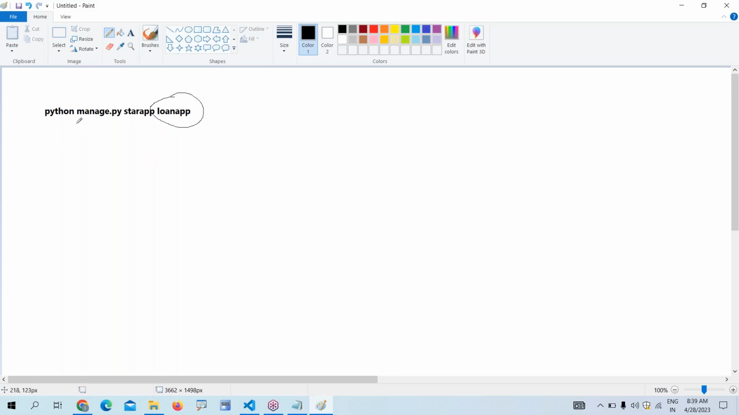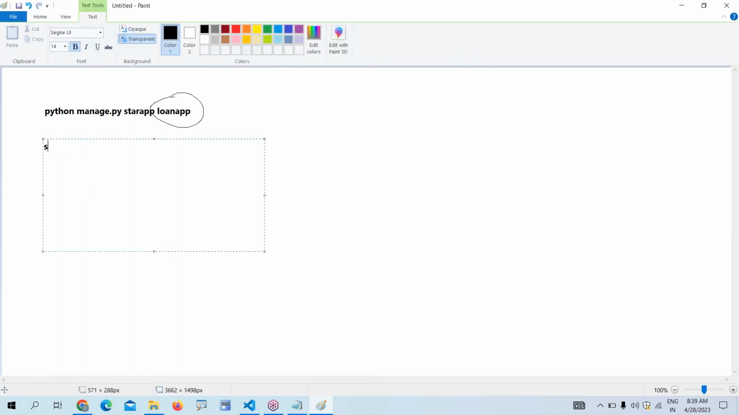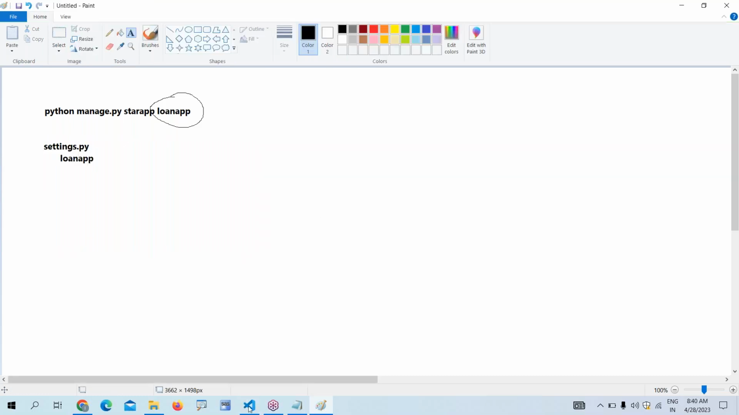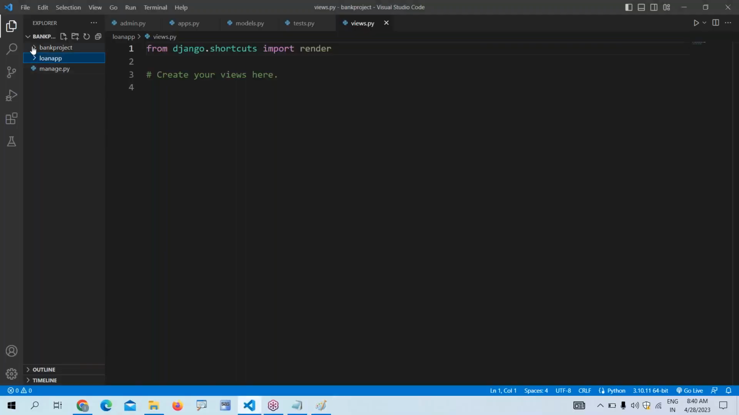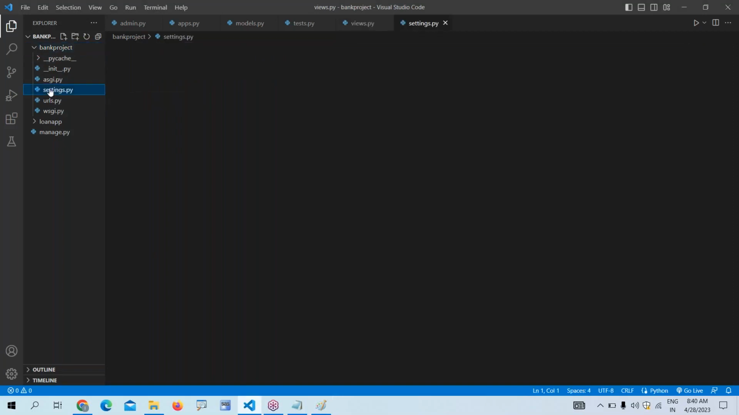First step, we need to configure the loan app in the project folder settings.py. In the project folder, settings.py is there, no? In that one we need to configure the loan app. How to configure the loan app? I go to the bank project. There is a settings.py. There I need to configure the loan app. So where do I need to